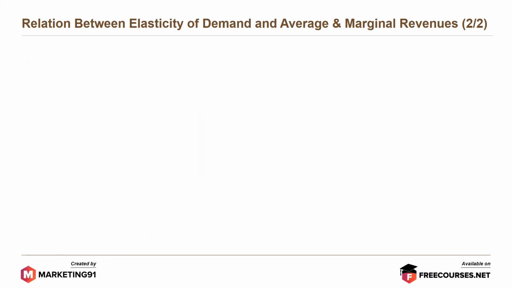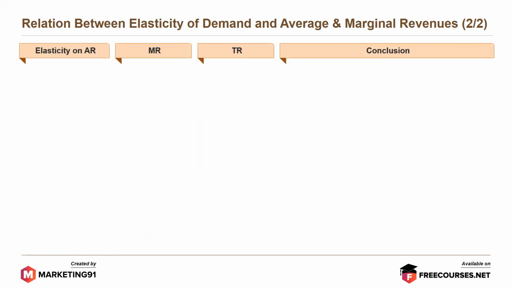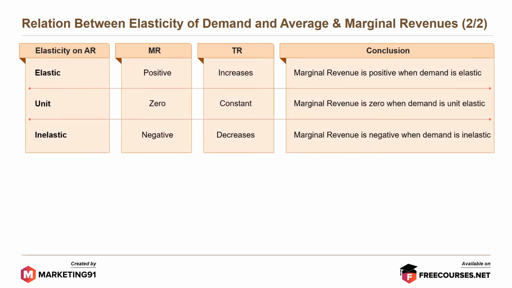Moving forward, the table throws light on the elasticity of average revenue, marginal revenue, total revenue, and conclusion. So when the elasticity on average revenue is elastic, marginal revenue is positive and total revenue increases. And in the extreme case, when it is inelastic, MR is negative, TR decreases, thus marginal revenue is negative when